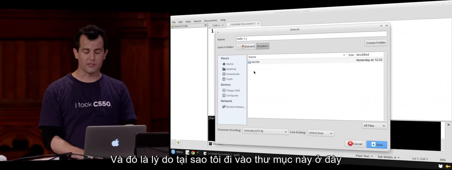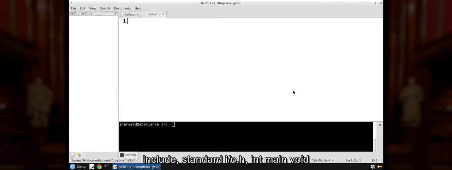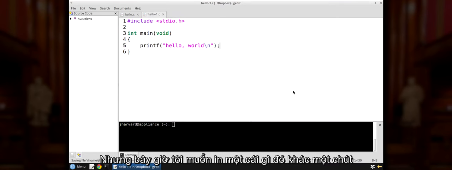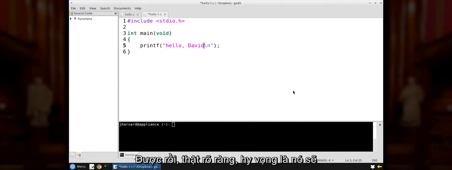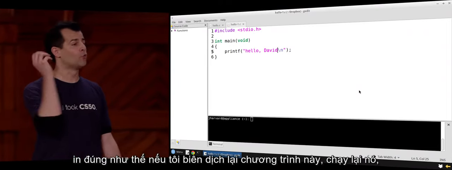And so that's why I've gone into this folder here. And now I'm going to write a slightly different program. Include standardio.h, int main void, and then in here, printf hello world, which is exactly the same as before. But now I want to print something that's a little different. I want to print out, say, hello David. All right, so obviously, it should hopefully be the case that if I recompile this program, rerun it, it's going